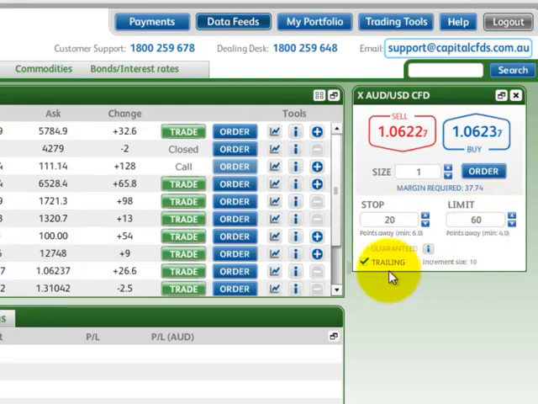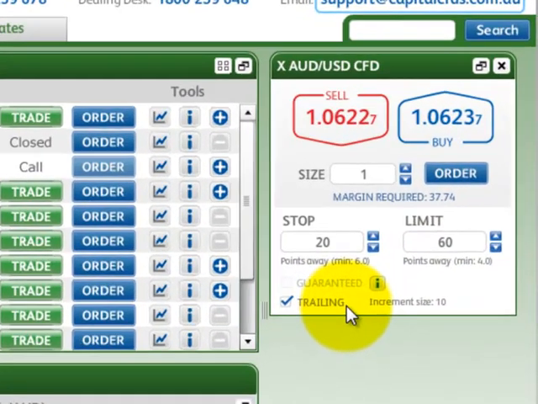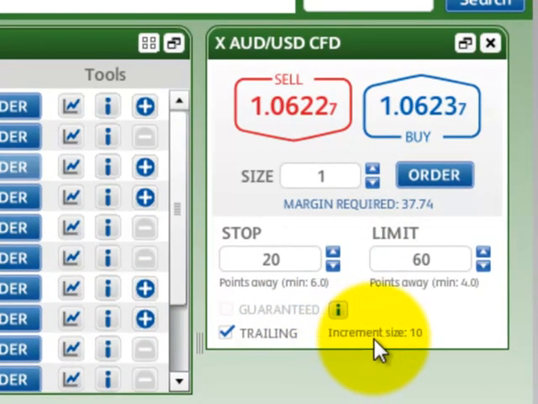And I just want to explain a bit more about the trailing stop feature. Now the trailing stop, as you can see there, it says increment size is 10. Now in regards to FX, an increment size of 10 actually refers to pips. So this would be 10 pips away. Now my stop loss is going to be 20 pips away, as you can see here, from the current entry